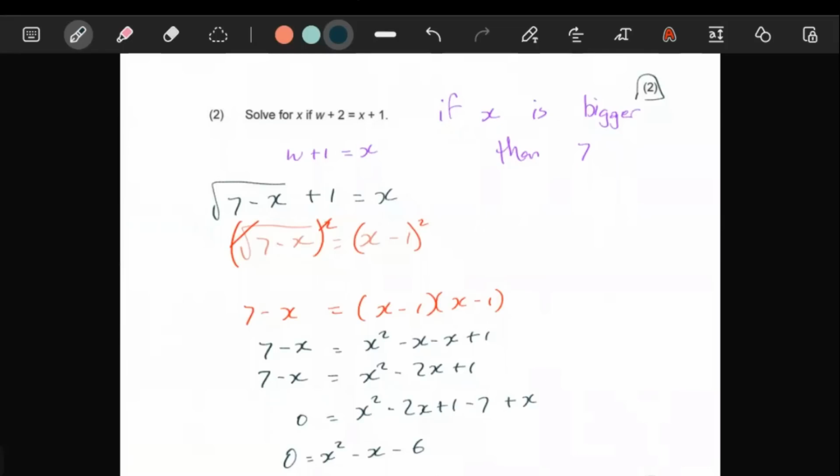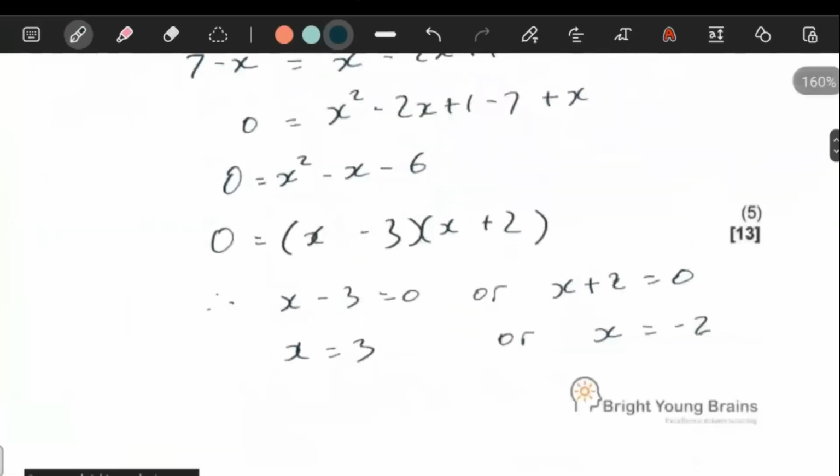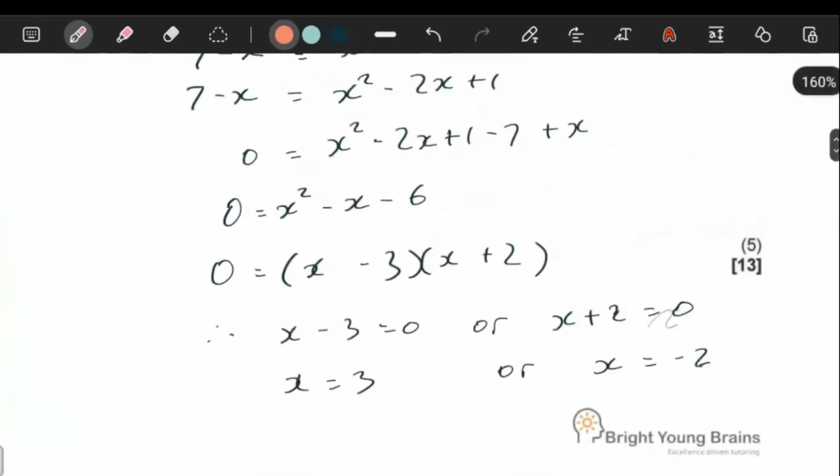If you add a 1, that's going to give you a 4. So that does not balance out. So you have to disregard the negative 2, because the negative 2 does not work out. So that's why you have to test out your answers. So all that being said,